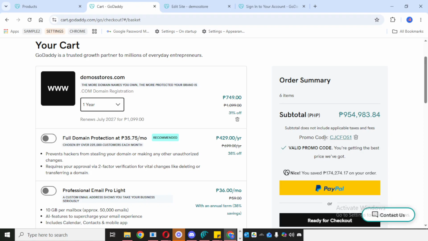At this stage, pay close attention to the pricing summary shown on the screen. In many cases, if there is an eligible renewal promotion available, the promo code or discount will already appear automatically in the order details. As you can see on this page, the promotional code may already be placed there for you without needing to enter anything yourself. That means the system has automatically applied the available offer, making the process faster and easier. This is especially helpful if you are not sure where to look for renewal discounts.